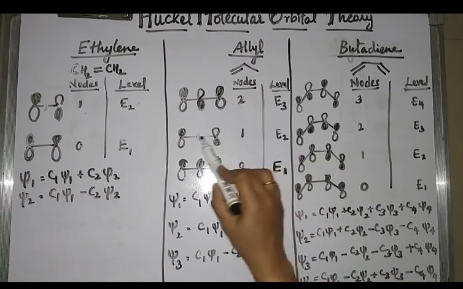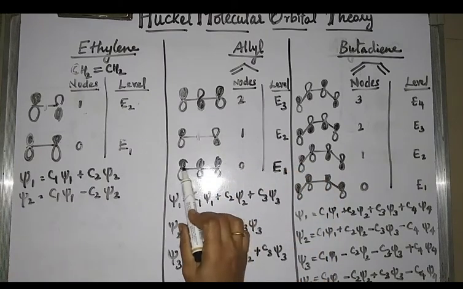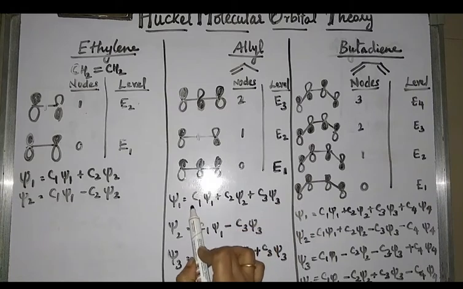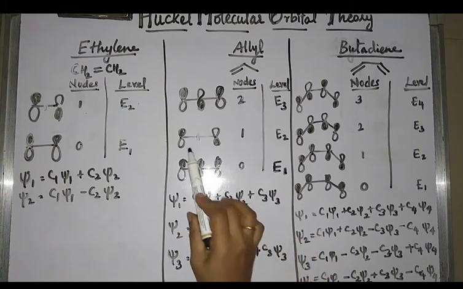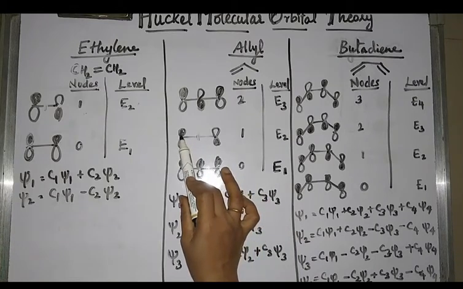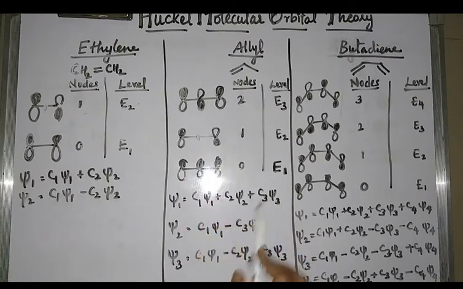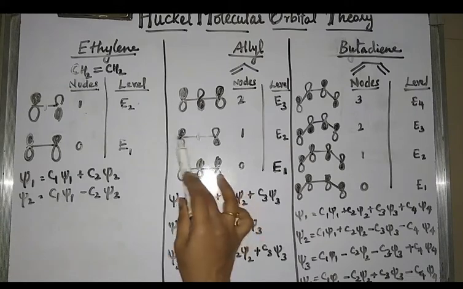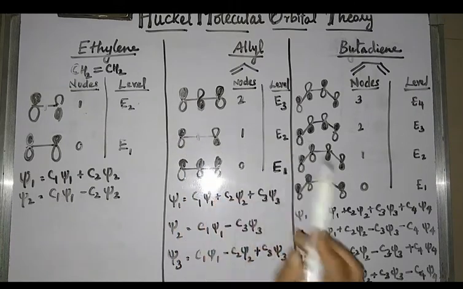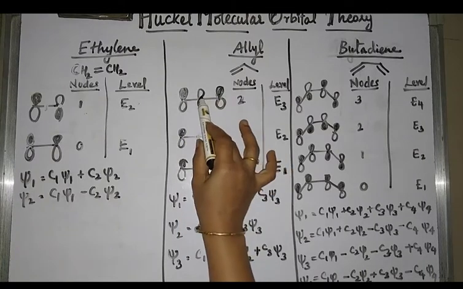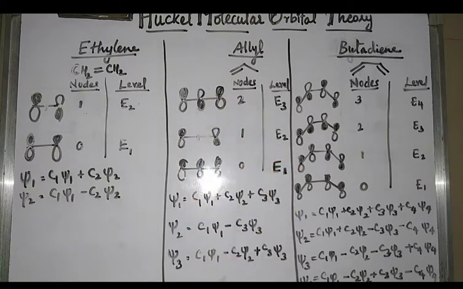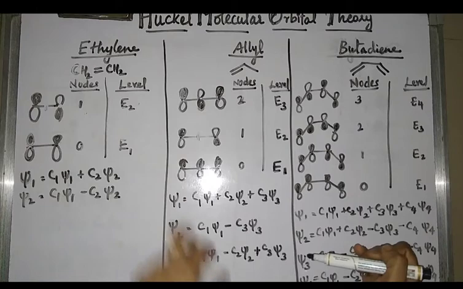In the second, if you see, the wave function you can also see simultaneously. All the lobes are plus, all the shaded lobes on the top, so positive signs. Only 2 lobes will be there, so one is C1 and C3, and that too on the opposite side. One is positive, one is negative. So positive, negative. See here, positive, positive. One in between, C2, is negative. According to that, we can write the wave function easily. Okay, this is the easy way to write the wave function. That's why I mentioned it here itself.